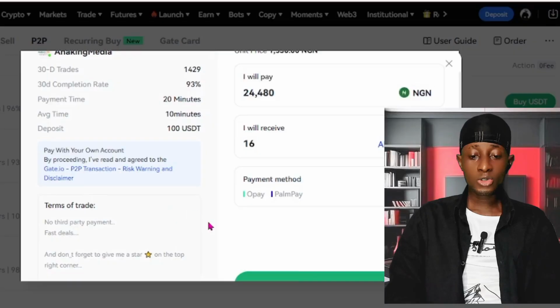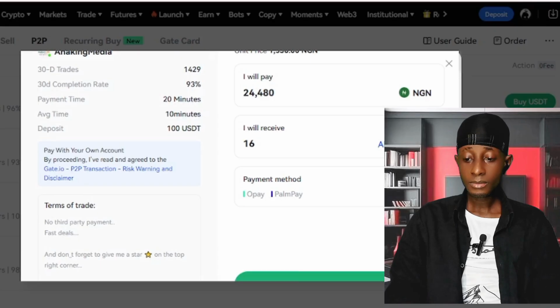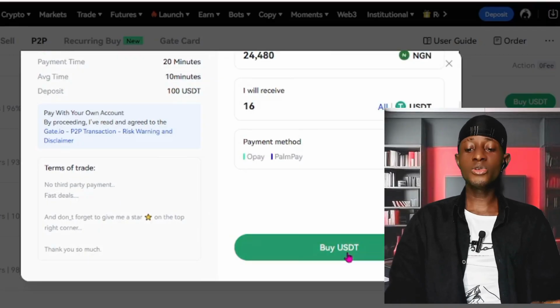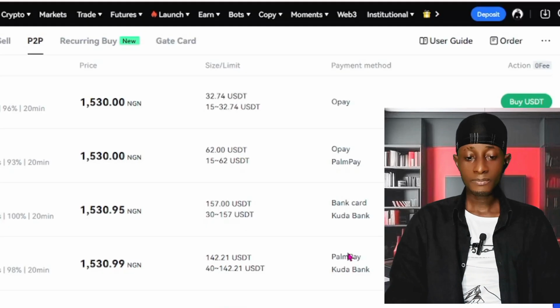No third party payment means that when you are buying with your gate.io account, make sure you are paying from a bank account with the same name. Don't buy and ask another person to make the transfer to the account. It won't count. You might lose that money. It's an automated system that enables them to verify that you have actually made payment. That's why they told you to do your KYC and stuff like that. So when you are making the transfer, make sure you are transferring from your own bank account with the same name as on your gate.io account. Then I'll click on buy USDT and make the transfer